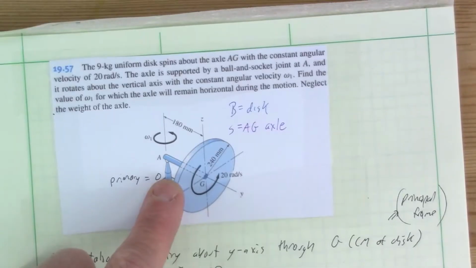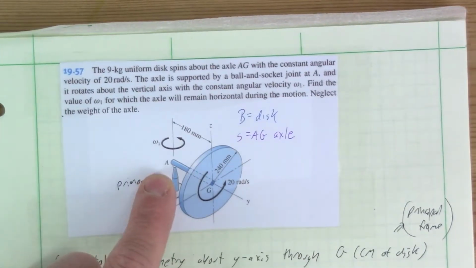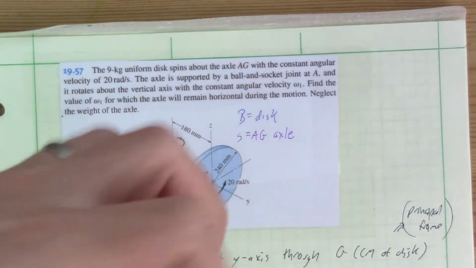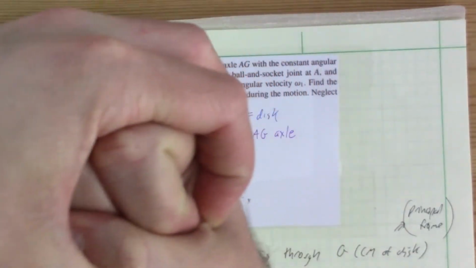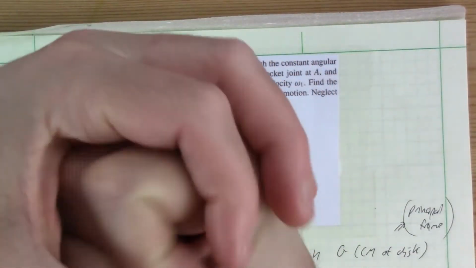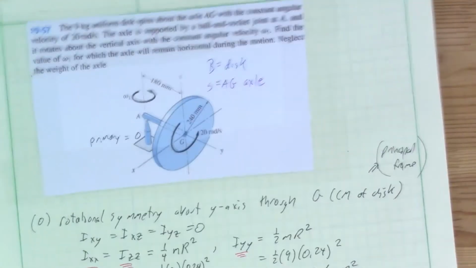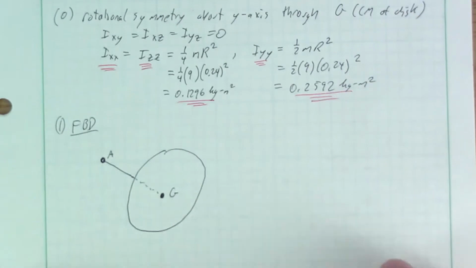Now this, in the problem description, says this is a ball and socket. That means that point A can't move anywhere. It's locked there, like a socket wrapped around a ball. So you can't move anywhere, but you can rotate all you want, in any direction. There's free rotation. We're not restricting rotation, but we are restricting movement in any direction. So when we write the forces on this object,